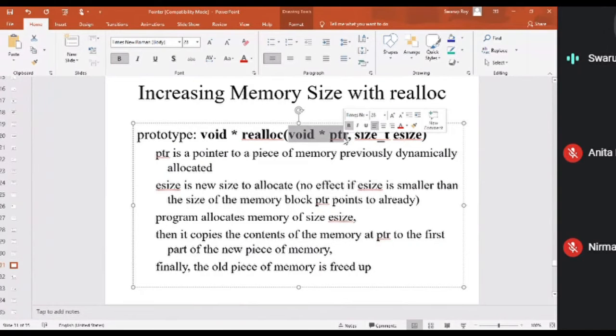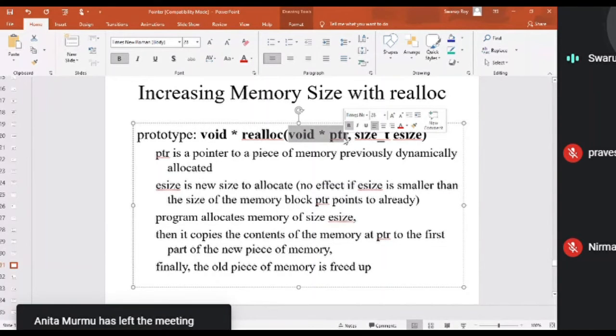Let us assume you have declared an array called nums, and now you'd like to extend that memory space. Then you have to pass nums here, because otherwise how would the function know which allocated space you'd like to extend? So you have to give the starting address, and how much size you'd like to extend as the second parameter.